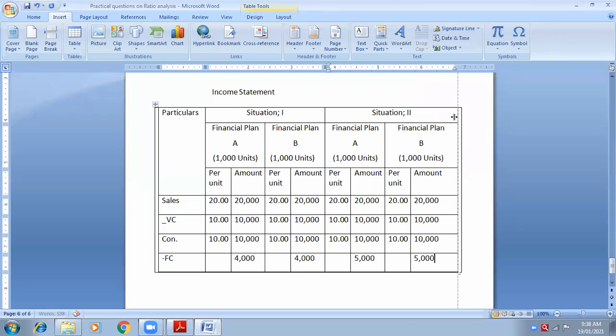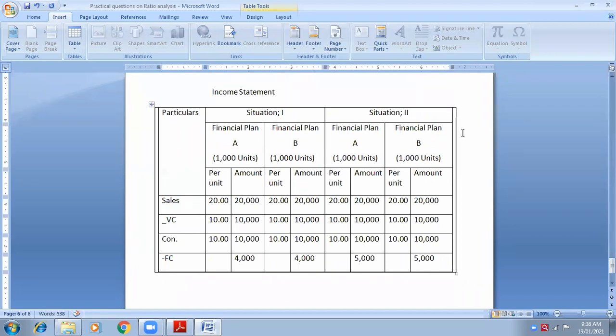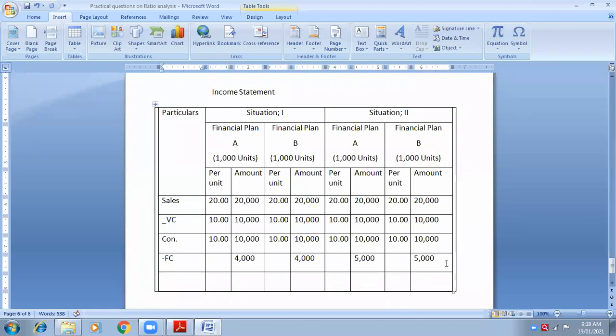सिचुएशन 2 में आएंगे तो 5,000 लिखेंगे, ब्रैकेट में. क्यों 5,000 प्लान ए और प्लान बी दोनों में? क्योंकि उन्होंने सिचुएशन बोला है, 2 लिखा है. चाहे प्लान 1 हो चाहे प्लान 2 हो, हमको प्लान ए, प्लान बी, सिचुएशन को देखना है. और ये आपको सारे फिगर्स ब्रैकेट में डालने. ओके. सो व्हाट इज योर आंसर नाउ?